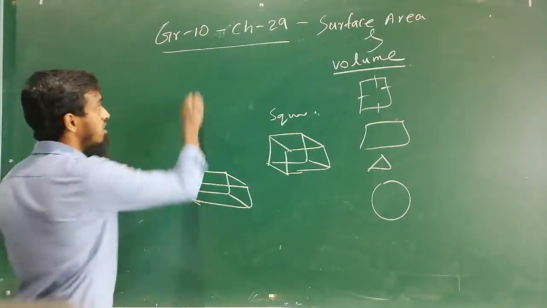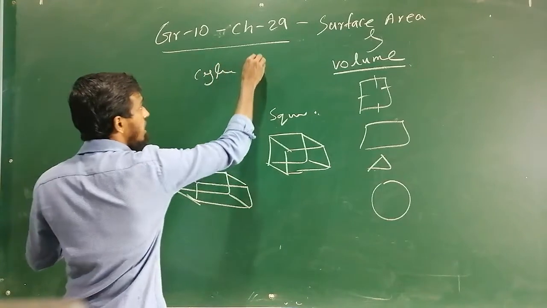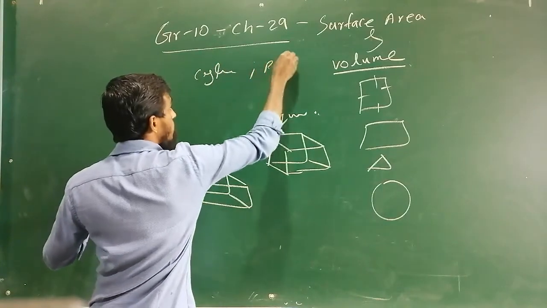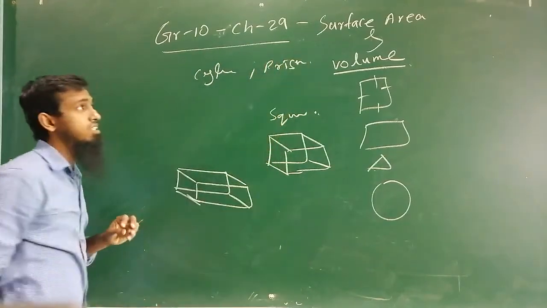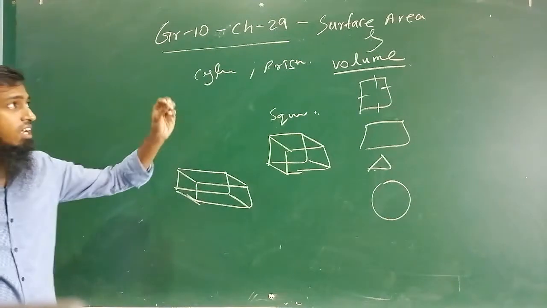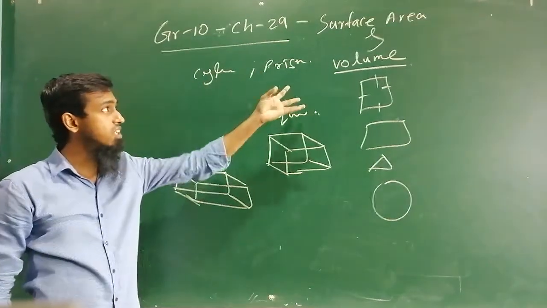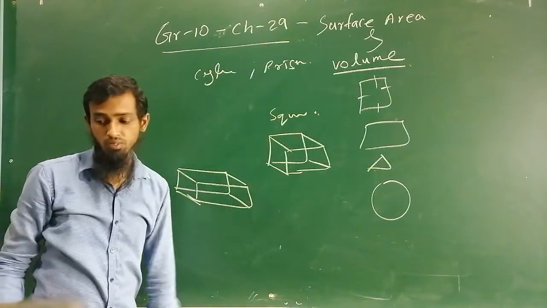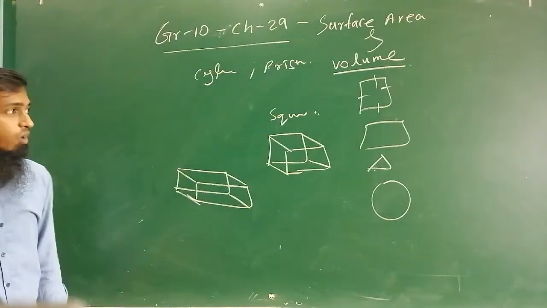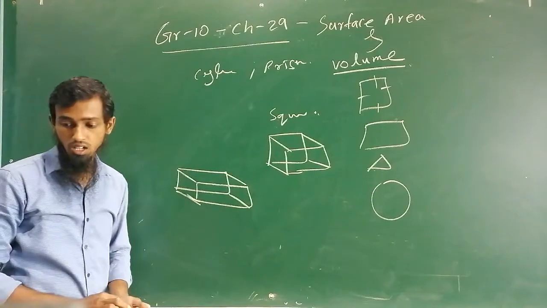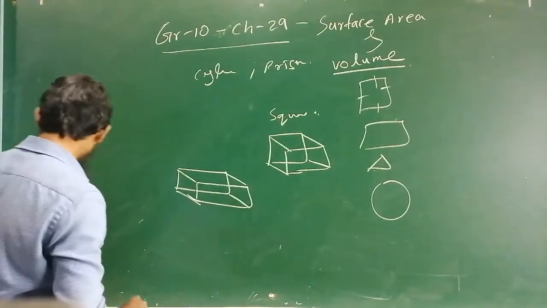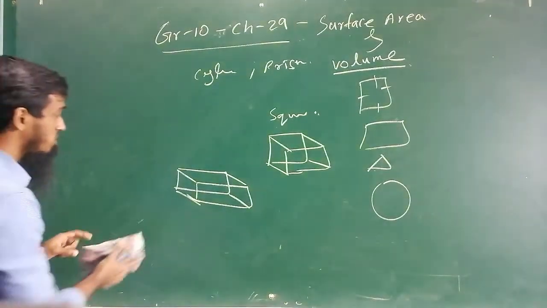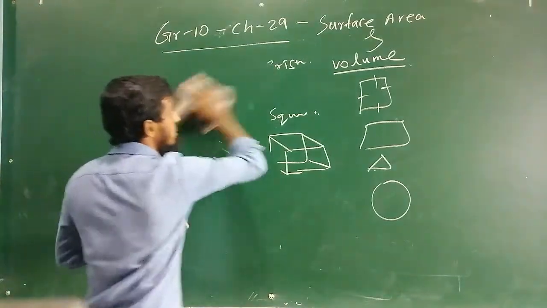One is the cylinder, the other one is the prism. The surface area of the cylinder and its volume, the surface area of the prism and the volume of the prism. In the first section we are going to discuss the cylinder. We all know the shape of a cylinder. It is